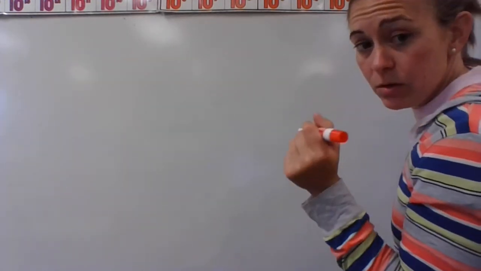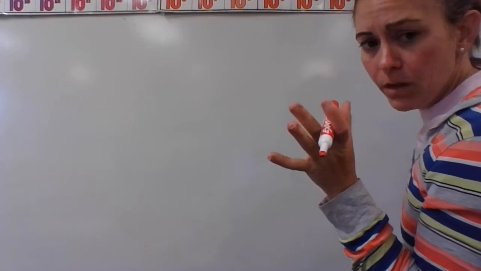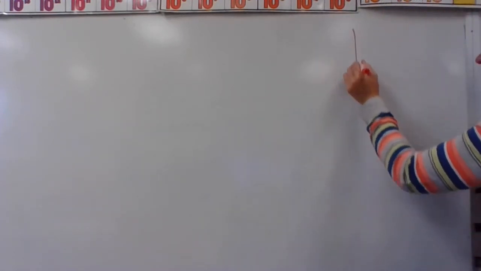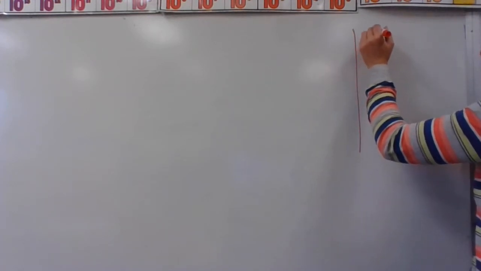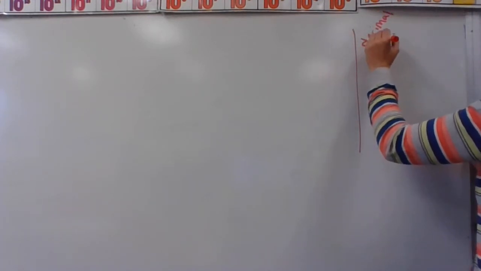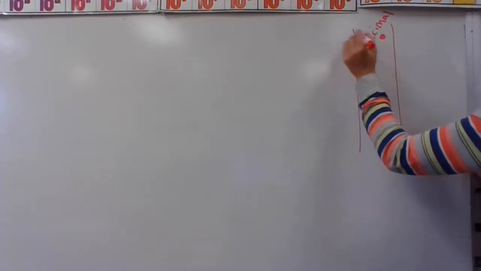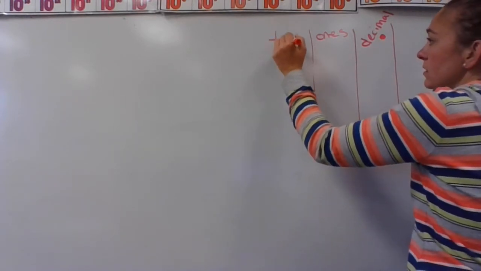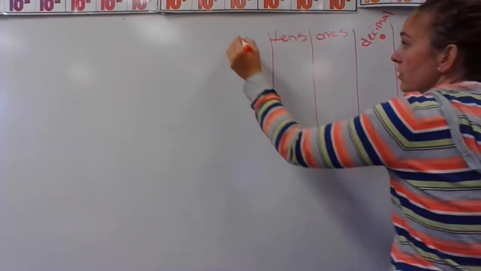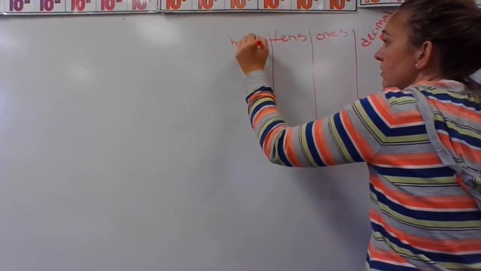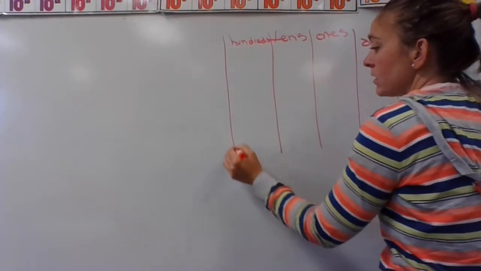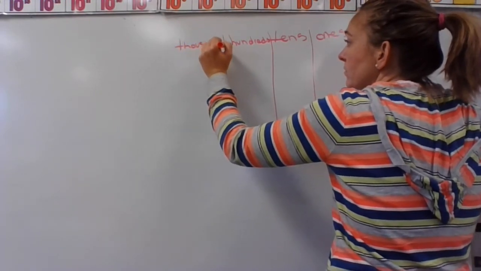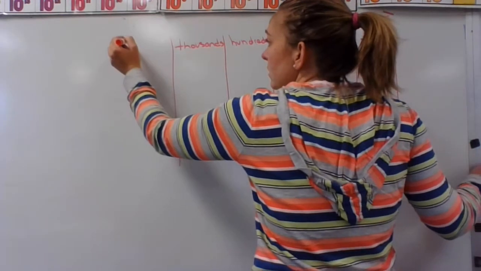I'm going to start with the decimal, and I'm not going to bother with the tenths and the hundredths just now. So we'll put decimal right there, and then we have ones, tens, hundreds, thousands, the 10,000s,